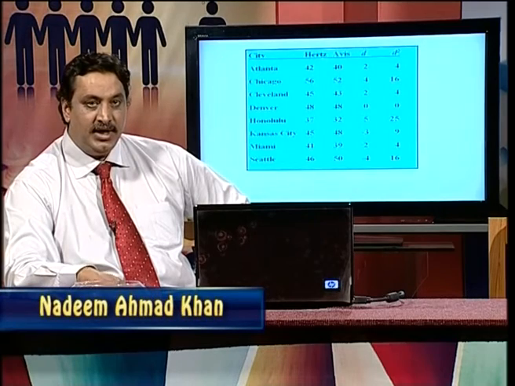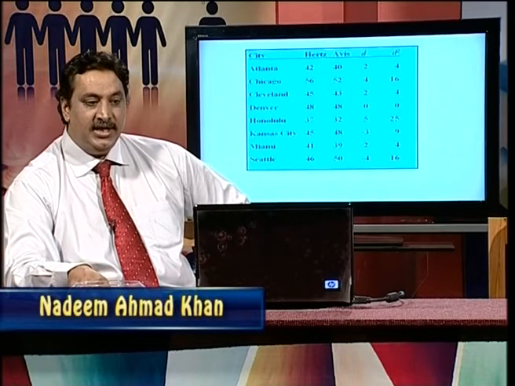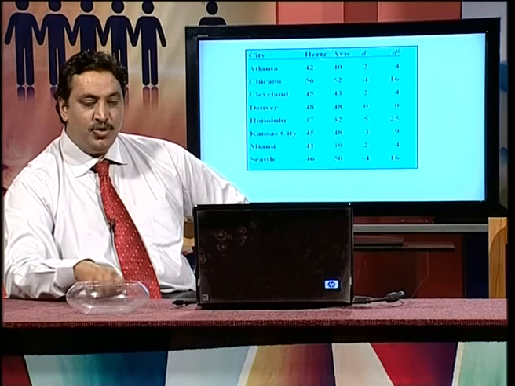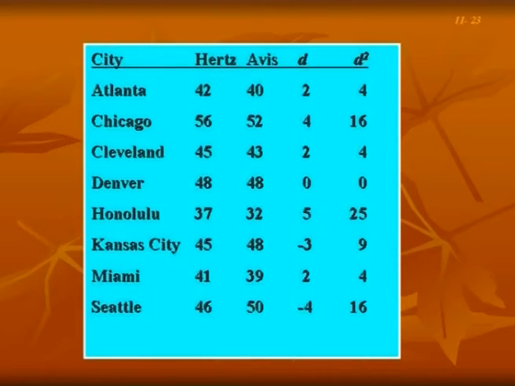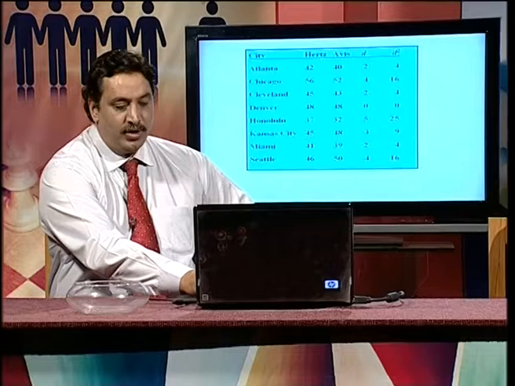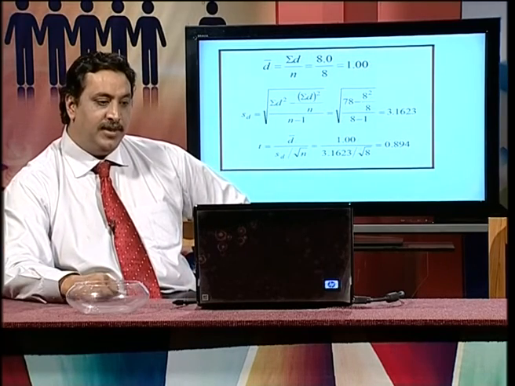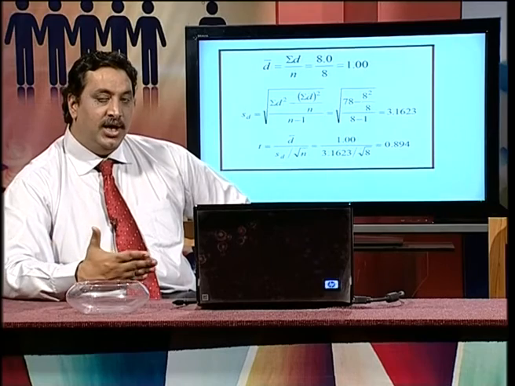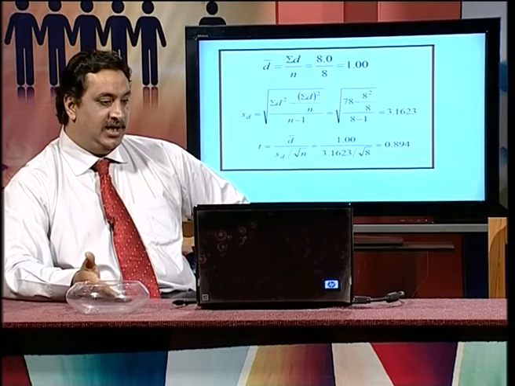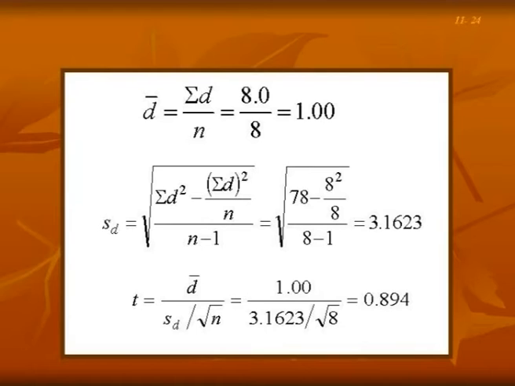In the first column we have cities, and then we have the two rental companies, and D is the difference. Here 42 minus 40 becomes 2, and in Chicago 56 minus 52 is 4. For use of this, we calculate D bar, and we need D square to find the variance of D. When we put all these values of D and SD in the formula of the paired T test statistic, the value of T is